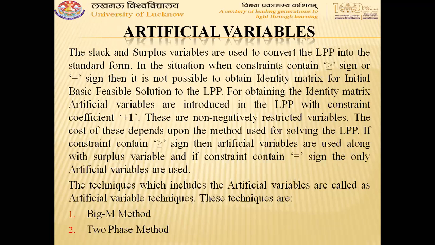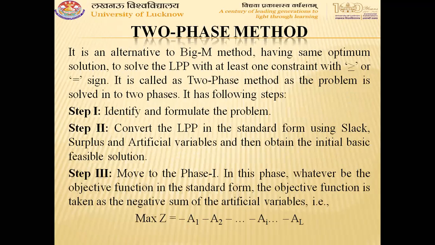There are basically two techniques. One is called the big M method or Charnes' method. The other is the two-phase method. The two-phase method is called the two-phase method because the problem is solved in two different phases. That's why it is called the two-phase method. In first phase,